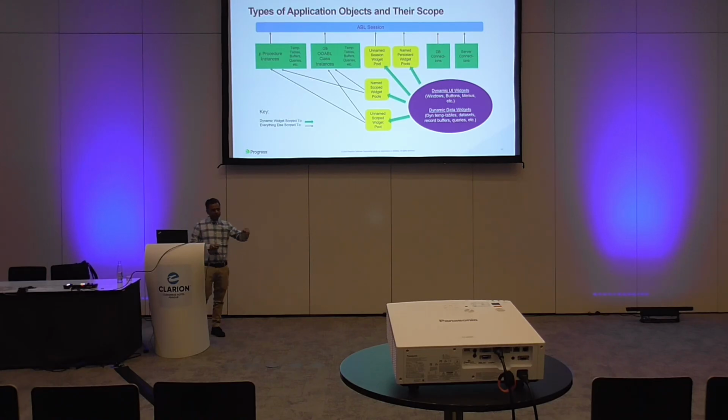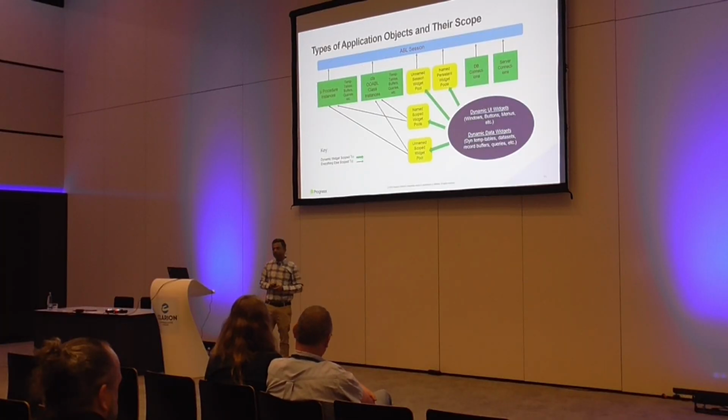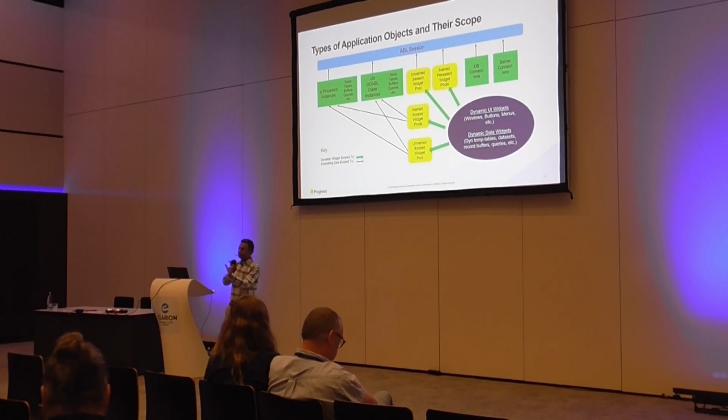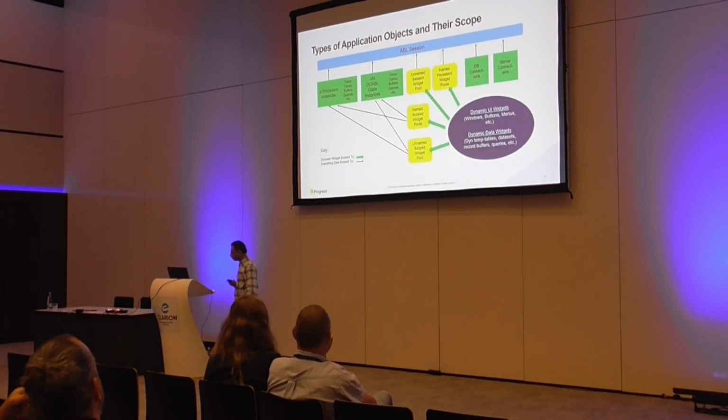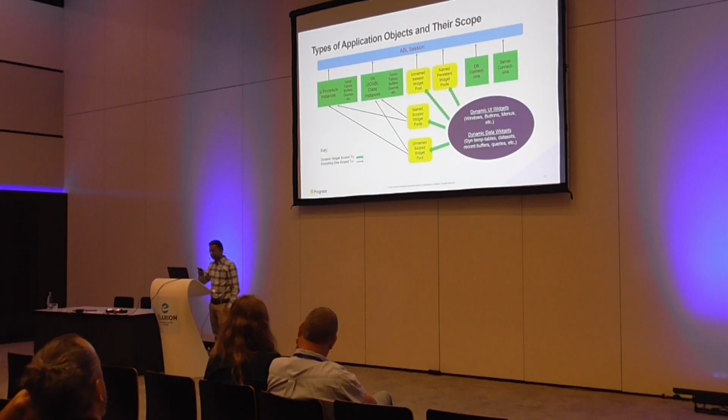Now, beneath that, we are providing the option of a widget pool, named and unnamed widget pool. If we are creating any UI object, that UI object comes from that widget pool. So when I'm tracking those objects, I need to track which widget pool it was created from. And when I'm going out of scope, from where do I need to remove that memory, or subtract that memory. So these are the various things in the ABL session that the memory profiler tool has